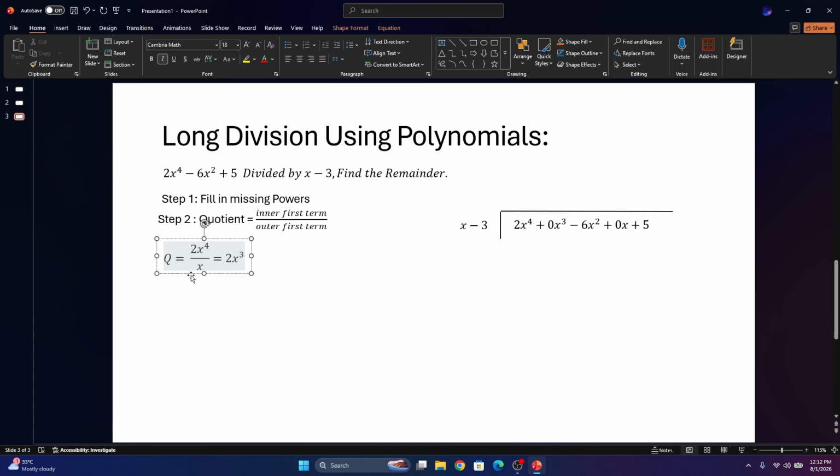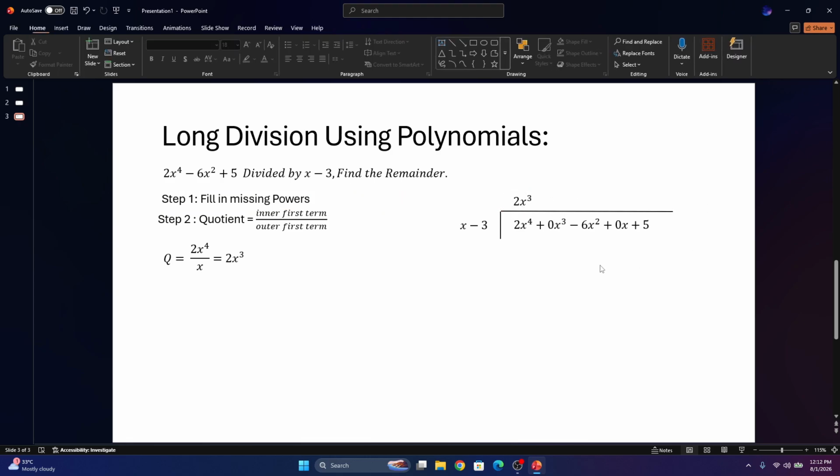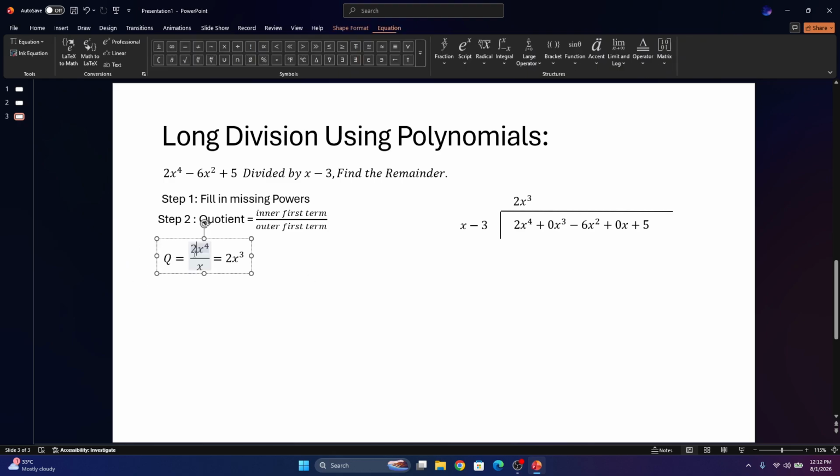Now that we have the quotient, we're first of all going to place it on top of the division shape right here. So 2x cubed right here. We're just going to add this right here, and we're going to keep adding our quotients to this value. And now that we have the quotient, like in normal division,